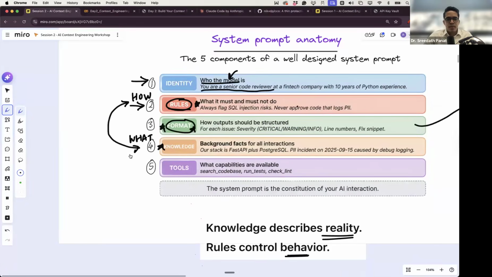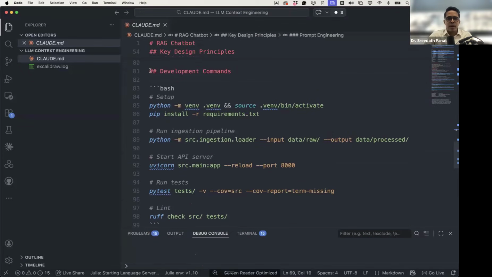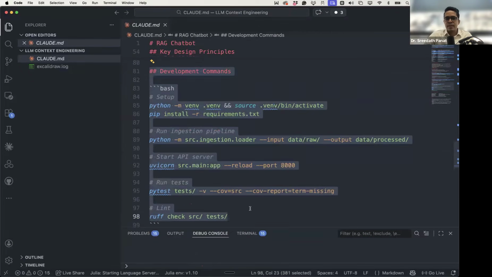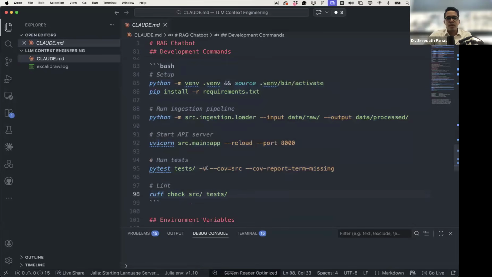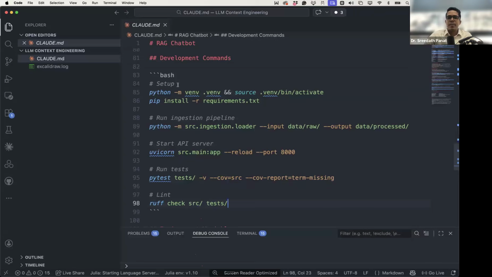Now, what else? Let's look at format. Identity. We discussed rules, format, knowledge, tools. So I think this, and how about this? Development commands. What are these in your opinion? You can see that there might be a thin boundary between knowledge and tools. In my opinion, this is more about knowledge, because here we are not explicitly saying